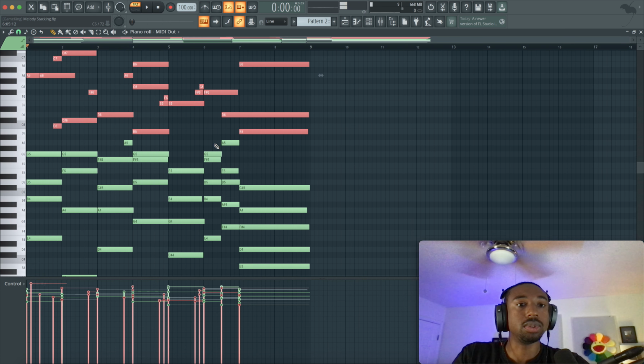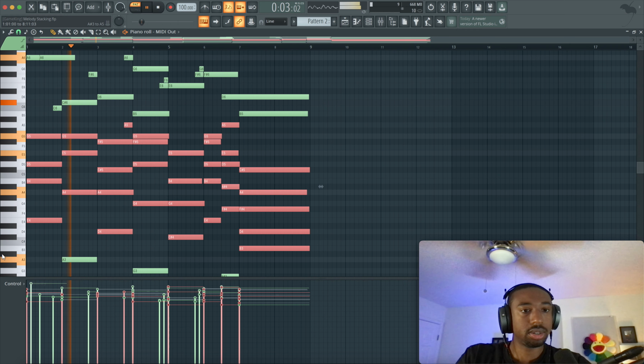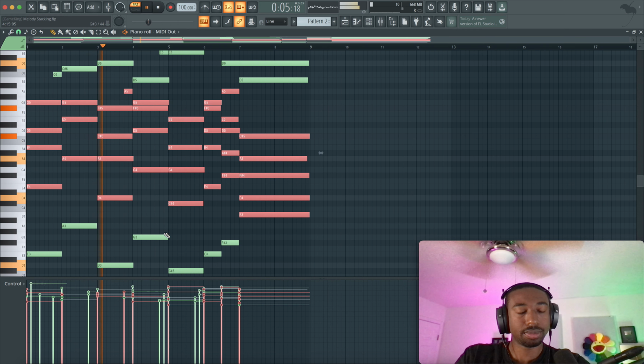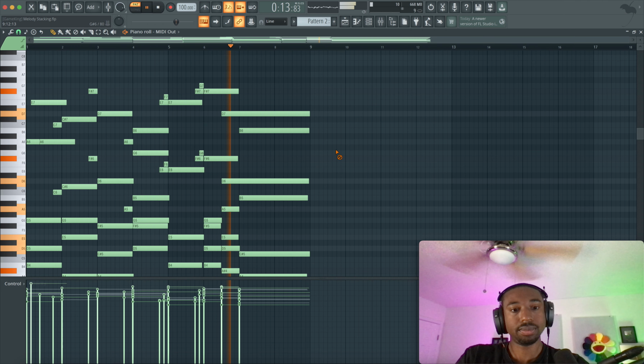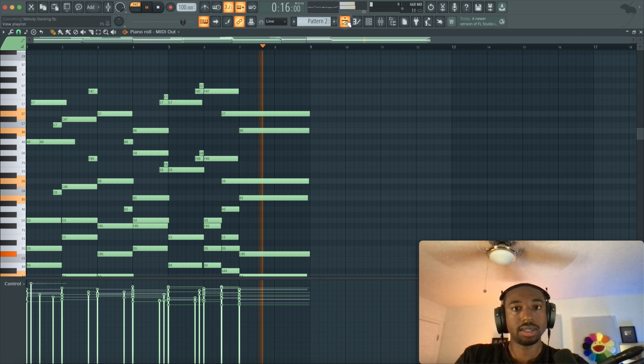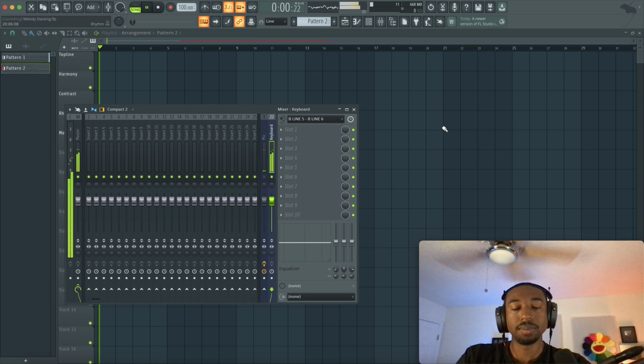Okay, so here we have the top line. This section here is our harmony section. And then down here is our contrast layer. And the top line's also creating a rhythm to some degree. All right, now let's hear both these melodies back to back. Same instrument, 2 different keys, 2 different scales.